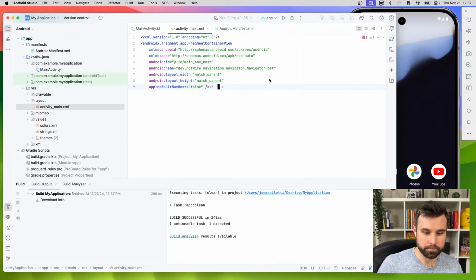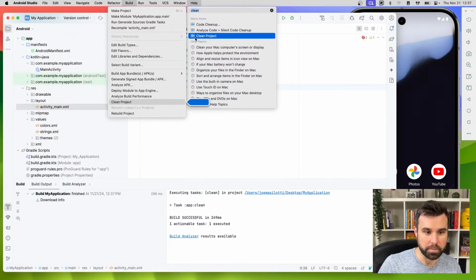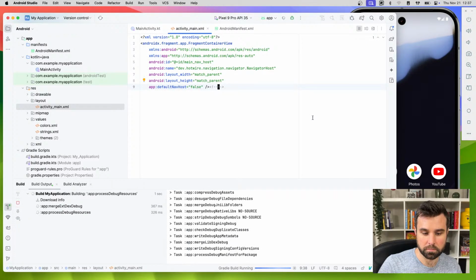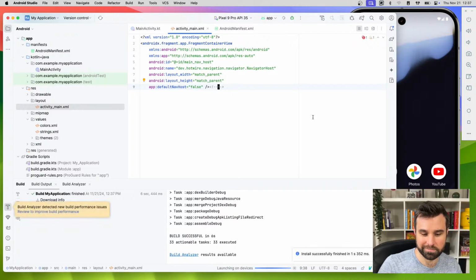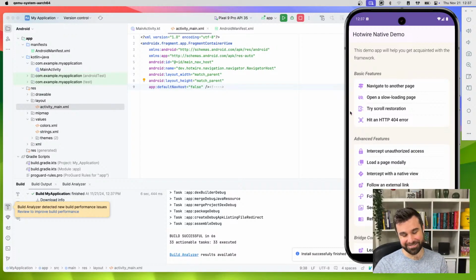Let's clean the project. Try again. So I just did help clean or build clean project. Yay, Android Studio. No wonder I've never seen that issue before. Okay, so